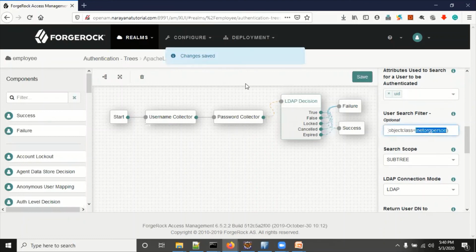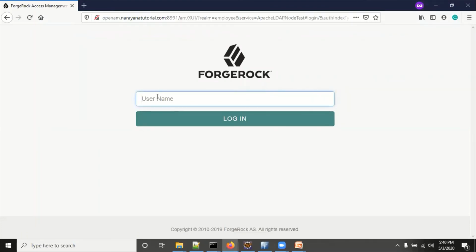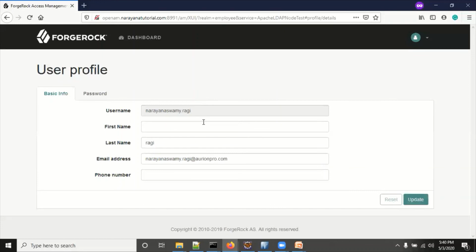Now go to this again, employee Apache LDAP node test, and enter Narayanaswamy.Raghu and the password. See, now we are able to log in.